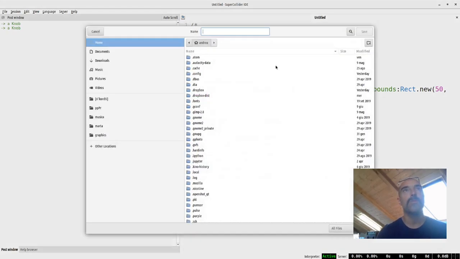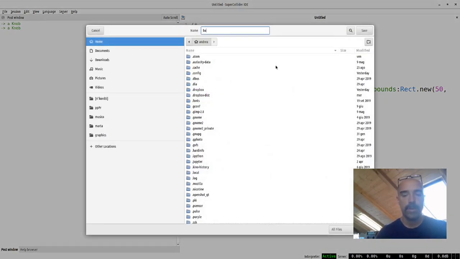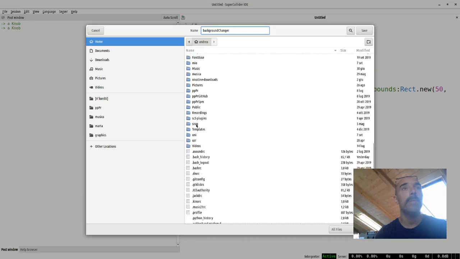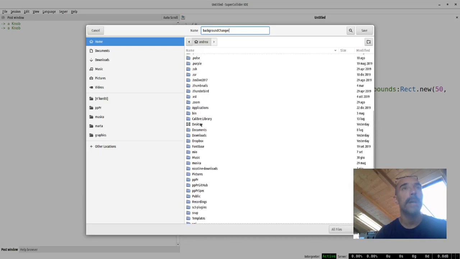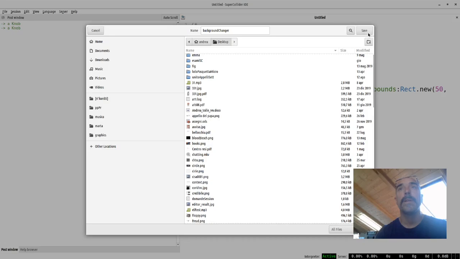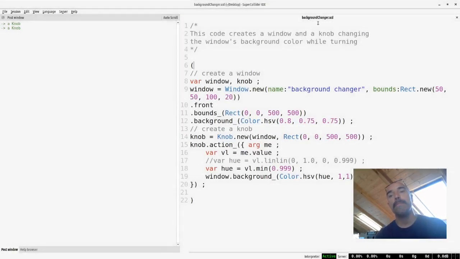Next step, to save it. And we call this background changer. You see that in SuperCollider typically we use camel case. It's just a convention, but it's used by most programmers. And I will place it on my desktop. Save. Now we have backgroundChanger.scd. So we see many things related to